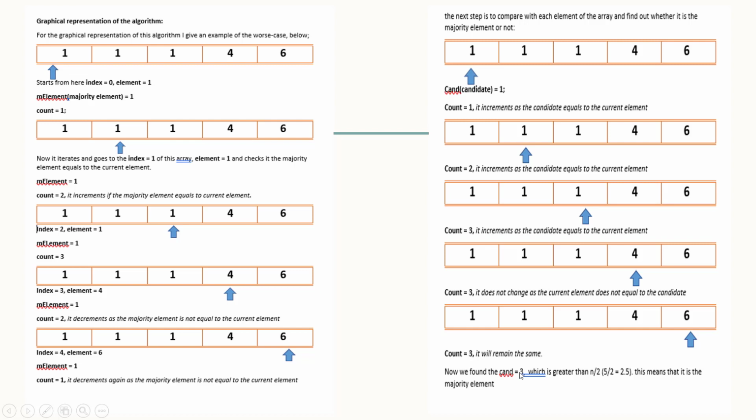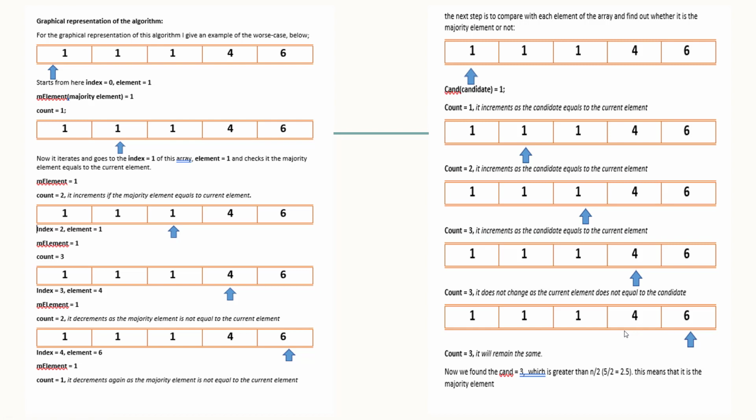Now we found the candidate. We found that the count number is 3, which is greater than half of the size of the array. The array has 5 elements. Half of the size of the array is 2.5. And the count that we found here is 3, which shows that it's more than half of the size